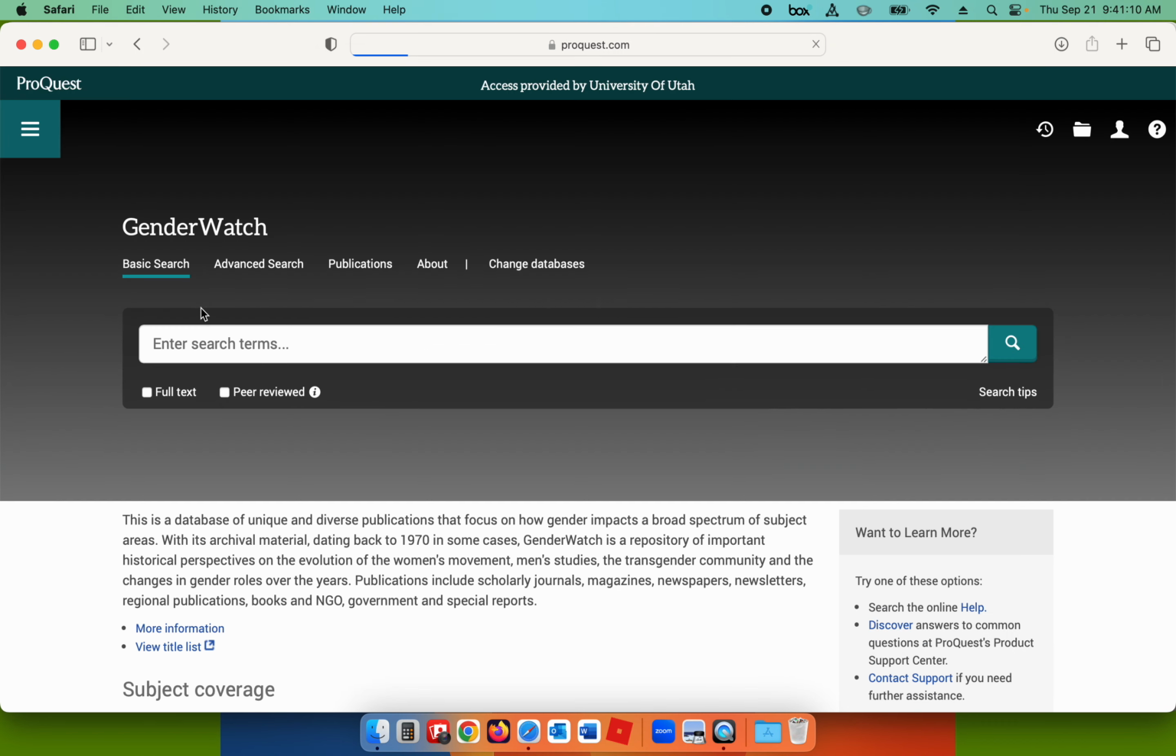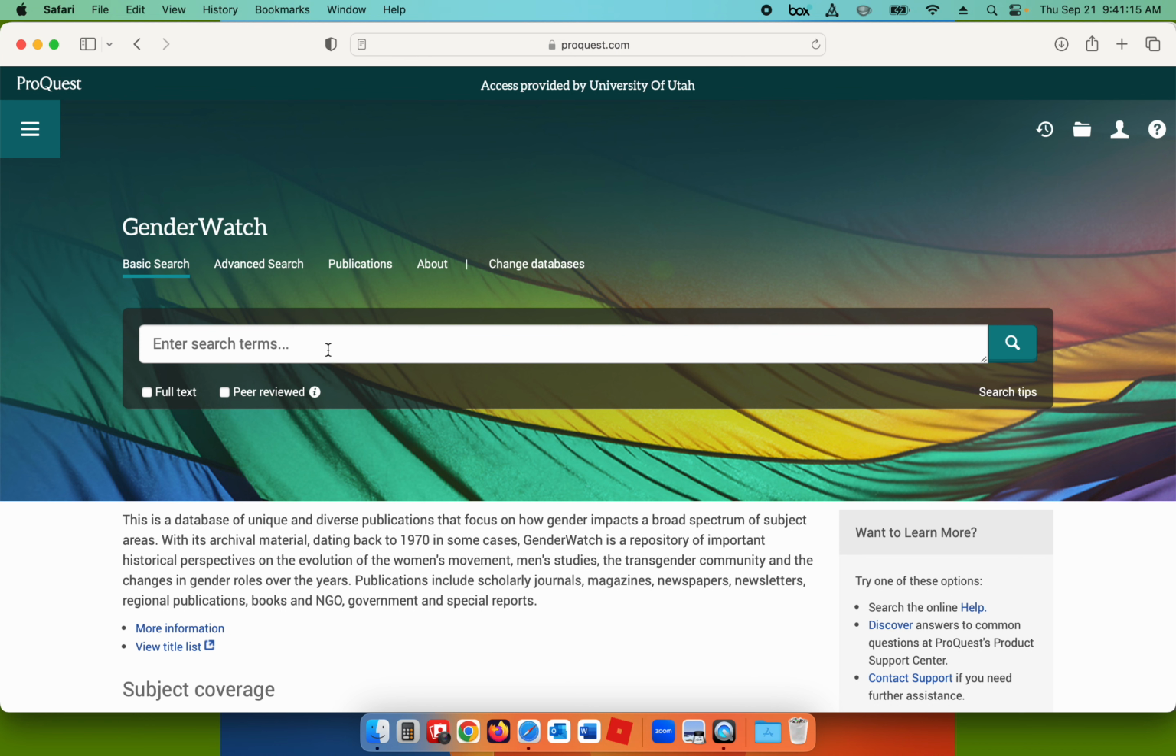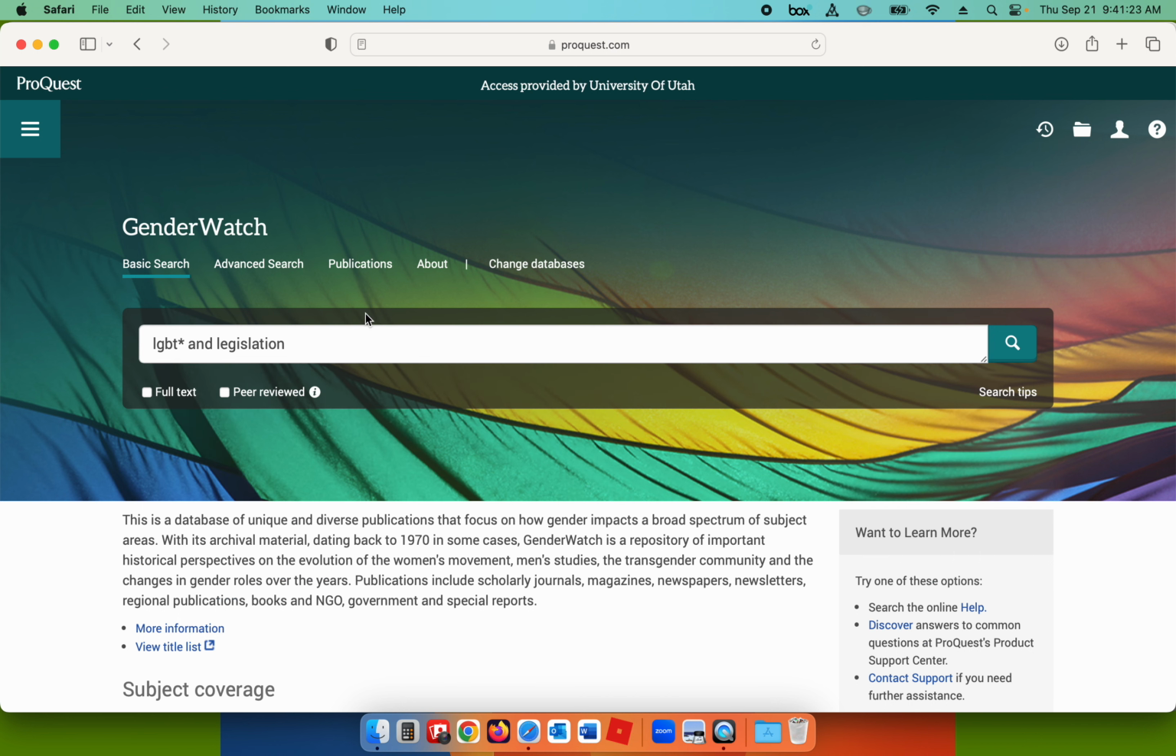So when I click on the title, it will take me to the database, and generally we can just look for a search box to enter in our keywords. I'm searching for LGBT with an asterisk at the end, so I can find multiple word endings, all beginning with LGBT, but they could end in things like LGBTQ, LGBTQIA, LGBTQIA+, etc. And I'm separating my keywords with an AND to cue to this database that I want only those results that have both keywords. Then I'll click the search button,